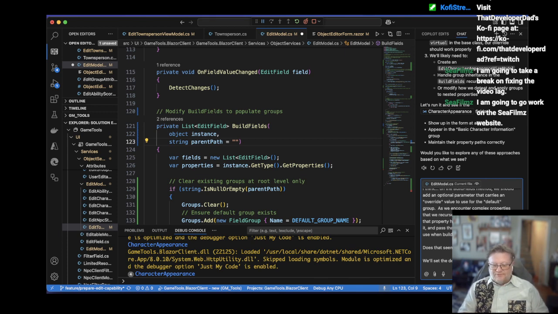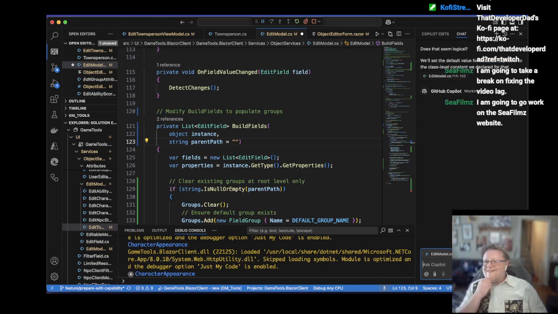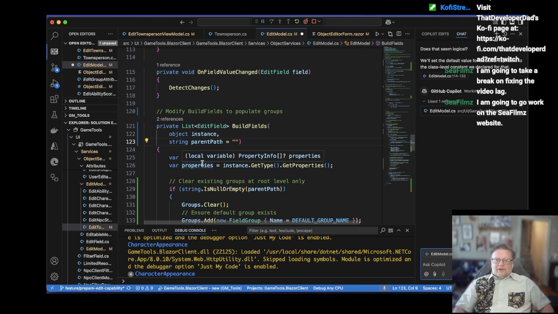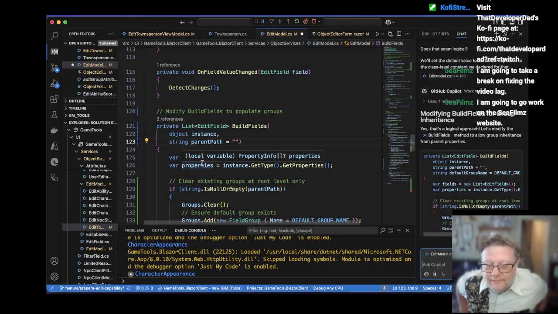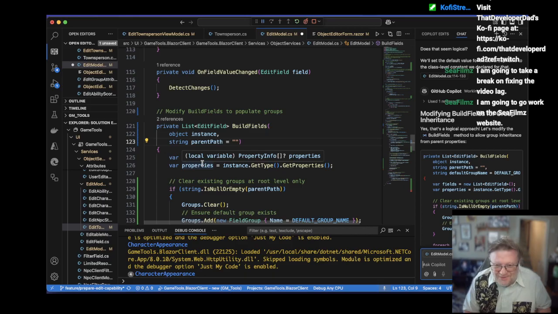For default group name to the main class level constant we declared for that. So what I'm proposing to Copilot, and I'm going to let Copilot chew on this idea, and then either say, yes, that's a fantastic idea, or you're crazy. Copilot would never use that kind of language, but